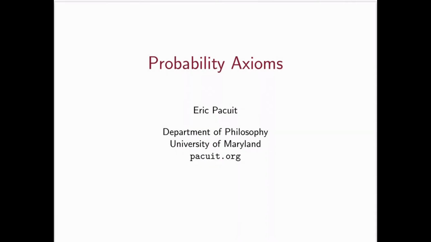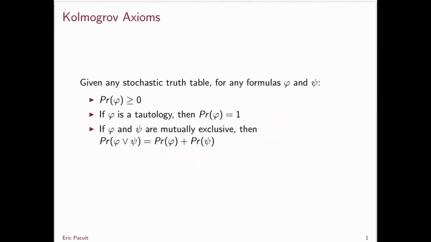In this lecture, I want to talk about some properties of probability. That is, these are properties that every probability satisfies no matter what stochastic truth table you're working with. We're going to talk about the so-called probability axioms. So first of all, there are three key properties that every probability function satisfies regardless of the stochastic truth table